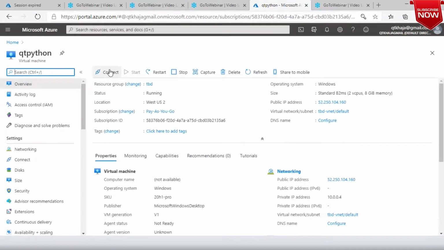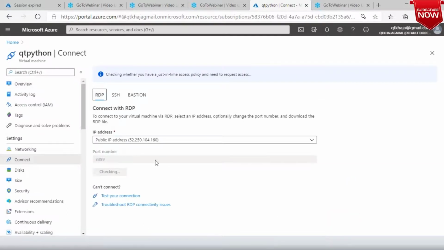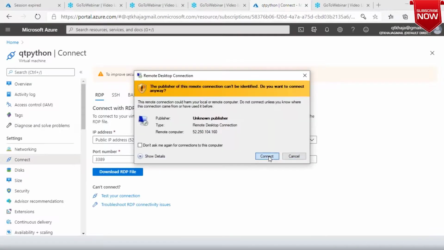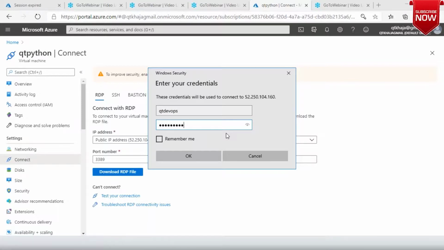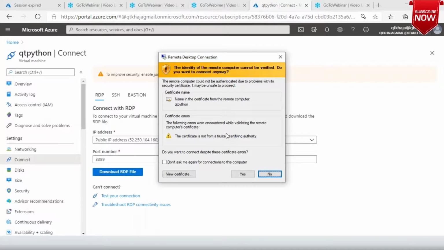All right. So I have this laptop. Since I don't have a laptop, I'm using Azure's laptop. I'm connecting it with Azure. I'm downloading an RDP file, and then I would say open this RDP file. Then my username for this laptop, I have set it.